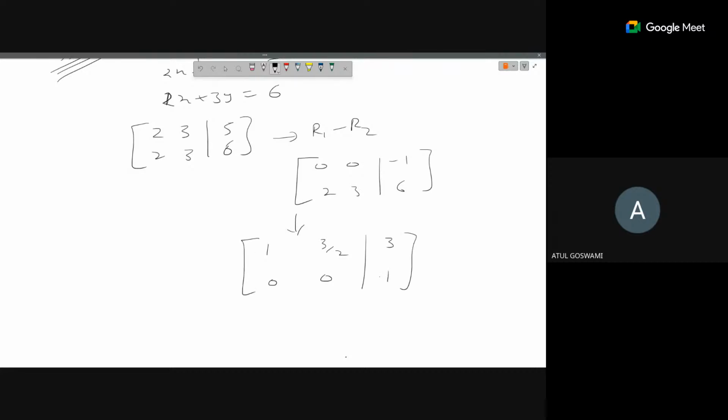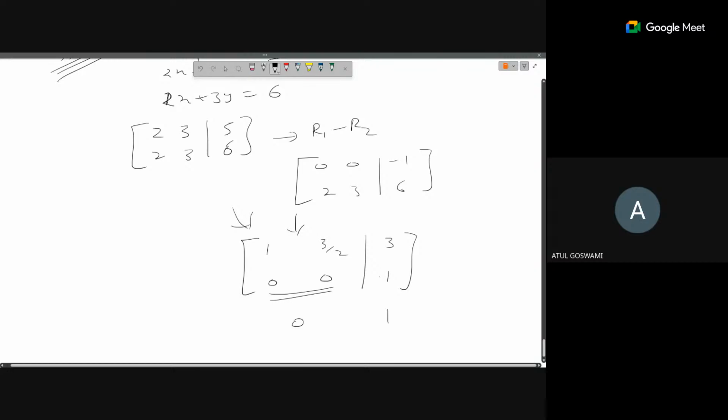Okay, I'm actually excluding some steps, but if you do it in detail, you will be able to finally reach this. Okay, from this, no problem. So here, what you are seeing is that this side is 0 and this side is non-zero. 0 cannot equal non-zero. So basically,